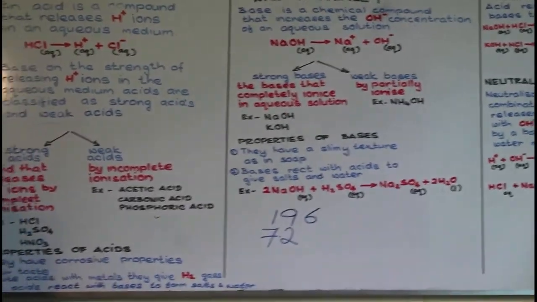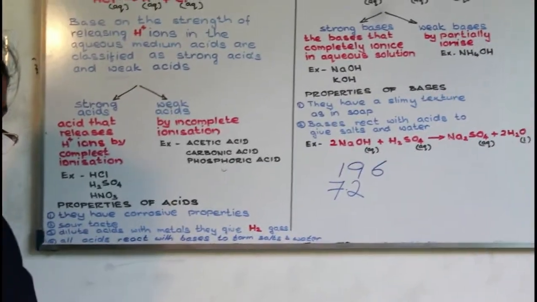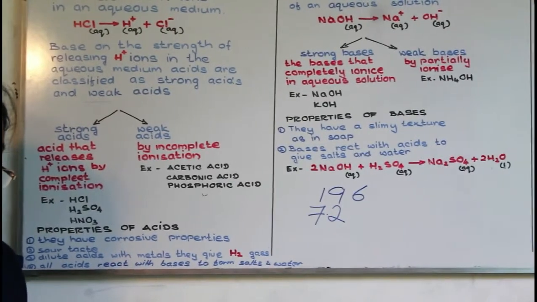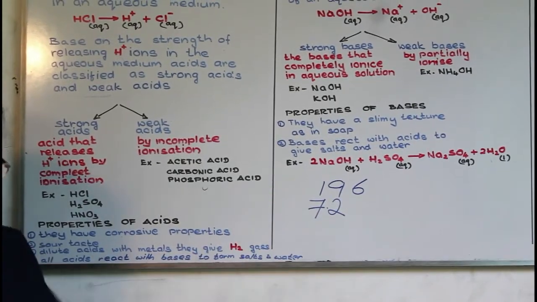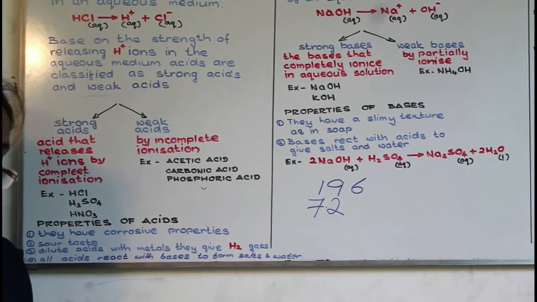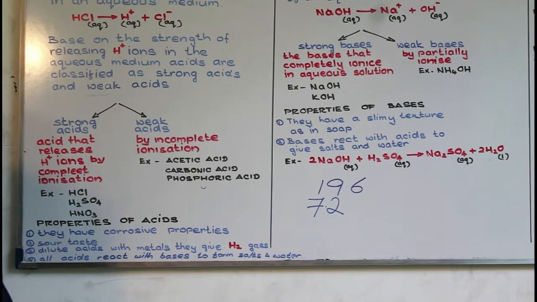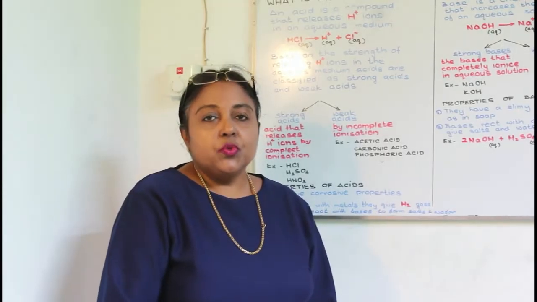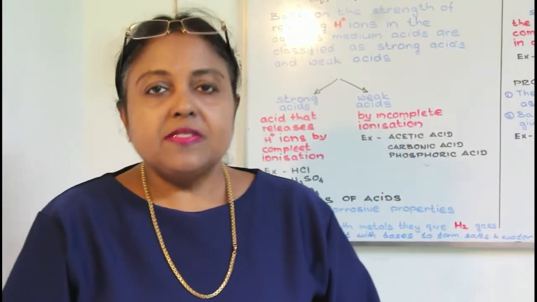Now next one, when we consider pH, it has a range. The pH scale is used to indicate how acidic and basic, right? When we consider pH 7, it gives neutral, and below 7 acidic, and above 7 basic. If it is a strong base, it gives number 14, and if it is a weak base, it gives number 8, 9.